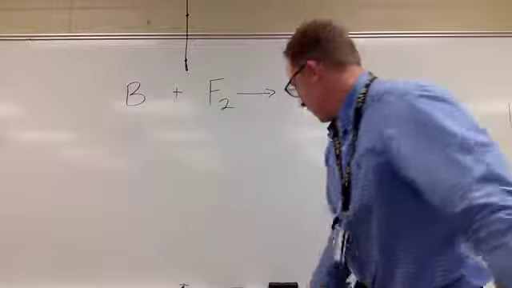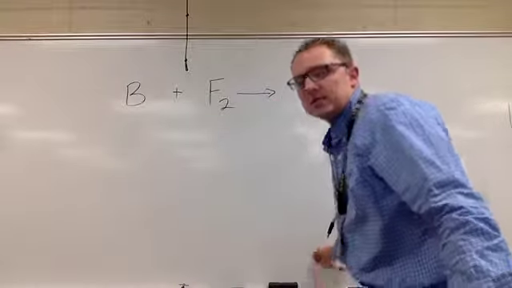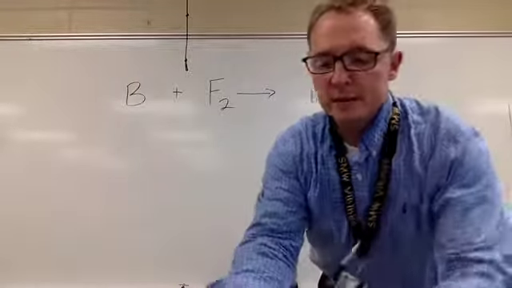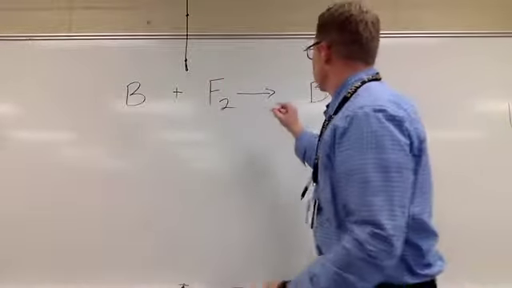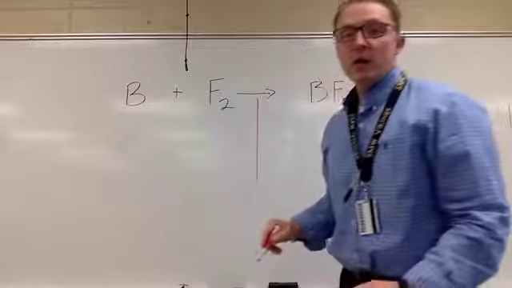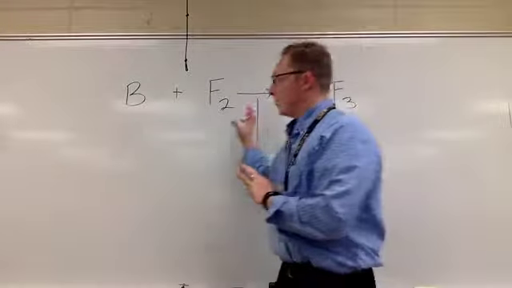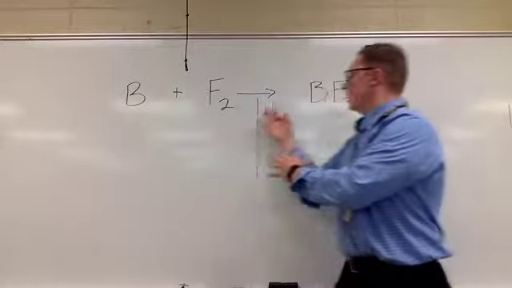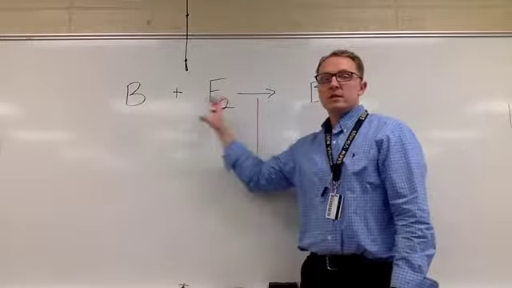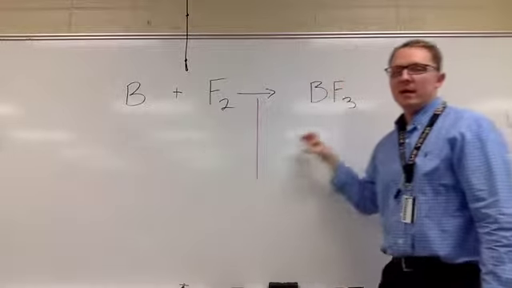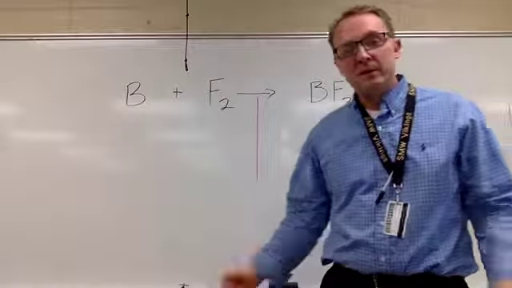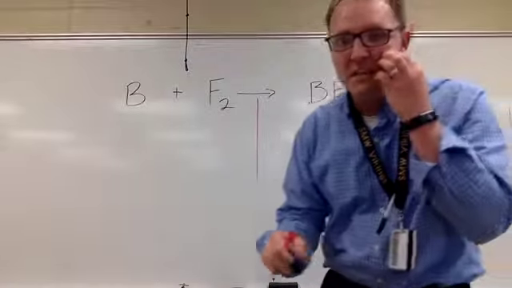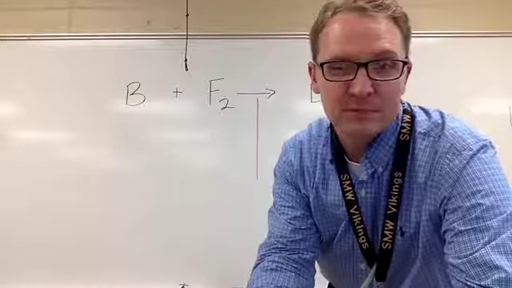So here's how we do this process of taking inventory. The first thing that I ask students to do is to find the arrow and draw a line straight down, just like this, to show that we know the dividing line between our reactants and our products, right? What starts off in the chemical equation and what ends up being made at the very end. Don't skip that step, please. Okay? I see students all the time making mistakes, and I look at their work and they've skipped that basic